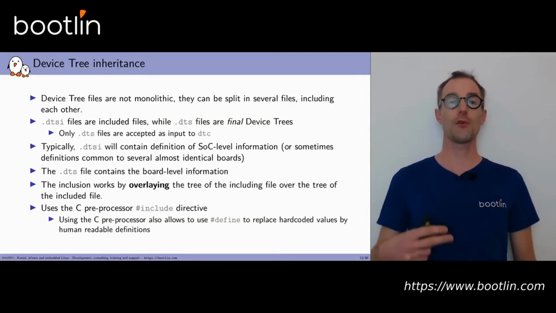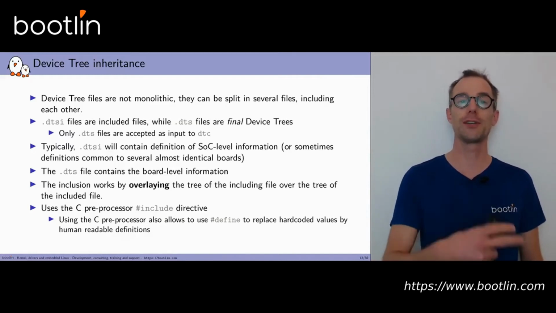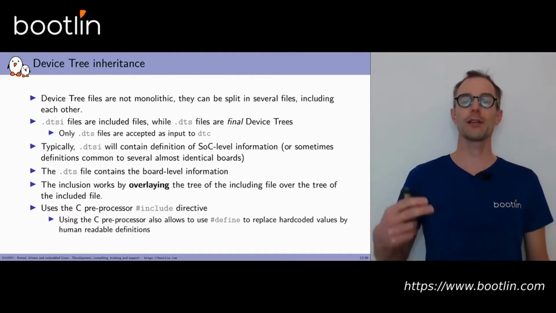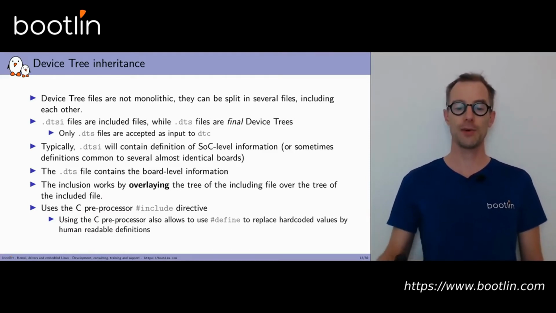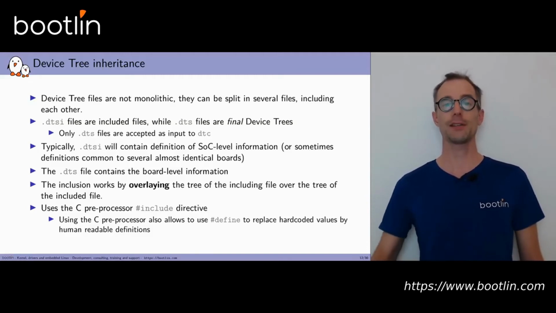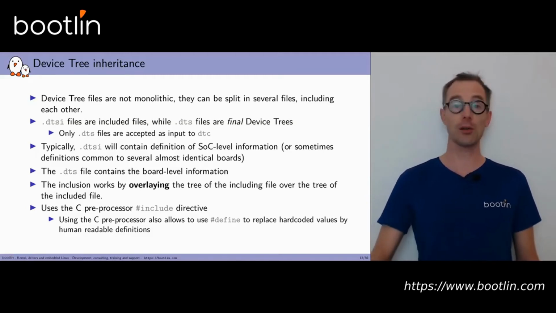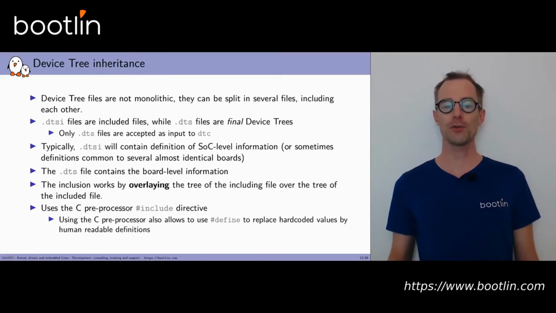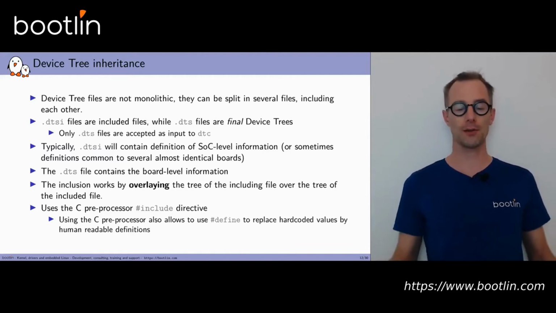So we have the concept of DTSI files, which are device tree source include files, which can then be included into DTS files. Only DTS files are accepted as an input to the device tree compiler, so only DTS files can really be compiled, but they can include any number of other DTSI files. So a very typical use case of this inheritance inclusion mechanism